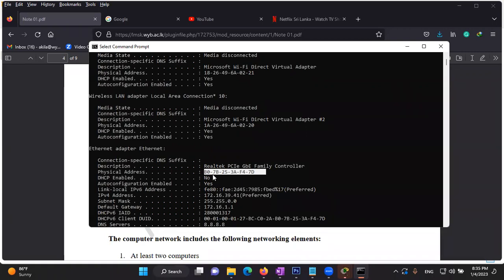So in this one, you can see B07B253A like that, right? So this address is listed here using hexadecimals. So B is 10, right? B is 1 0 1 0. Again 0. 0 means 4 zeros. So like that, we can convert this to binary, and this will have 48